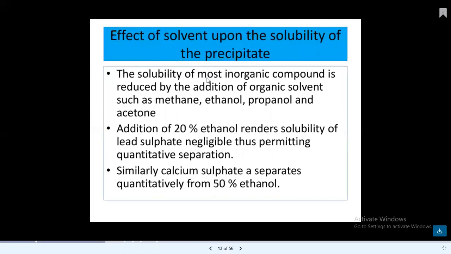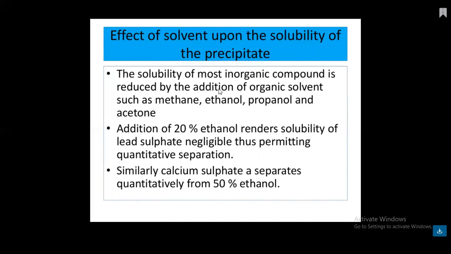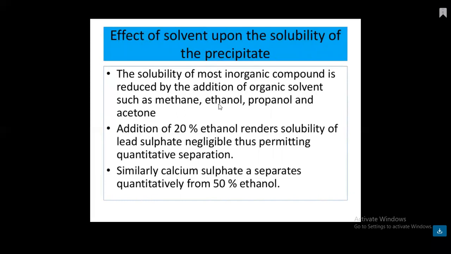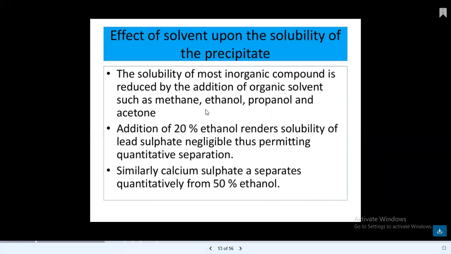The solubility of most inorganic compounds is reduced by the addition of an organic solvent, such as methanol, propanol, and acetone. So the choice of solvent in which we want to prepare our precipitate is very important. We know that like dissolves like, and acid is insoluble in acid and base are insoluble